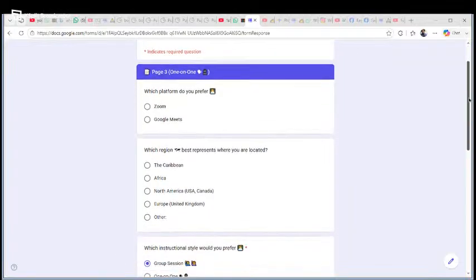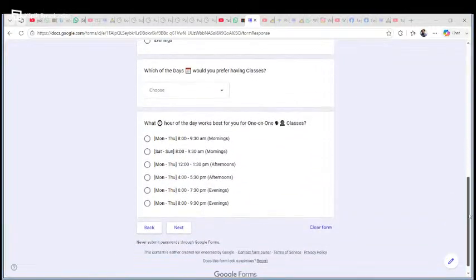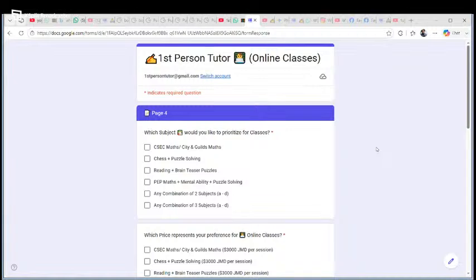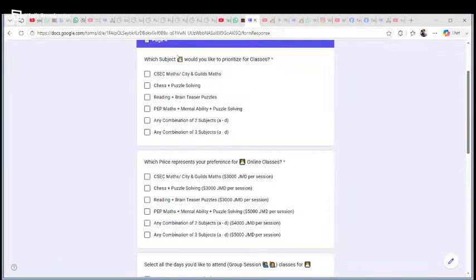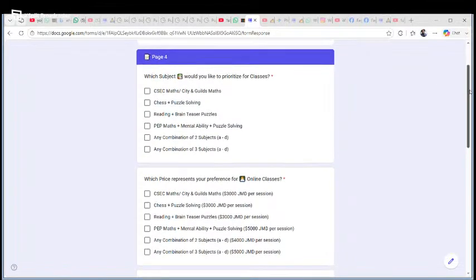We just selected group. So, we're not interested in one-on-one. So, we're going to skip past this. All right, now we have options. First things first, you're making a subject selection followed by your confirmation. The confirmation is basically what you're agreeing to pay, which is pretty simple. The idea is one subject is 3, any two subjects is 4, any 3 subjects is 5. Right? Just putting that information out there so that we have that understanding.